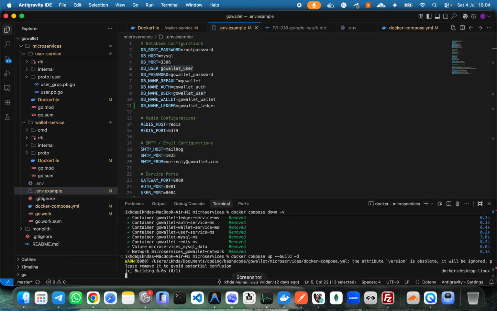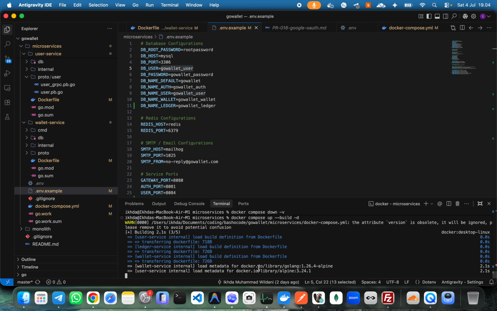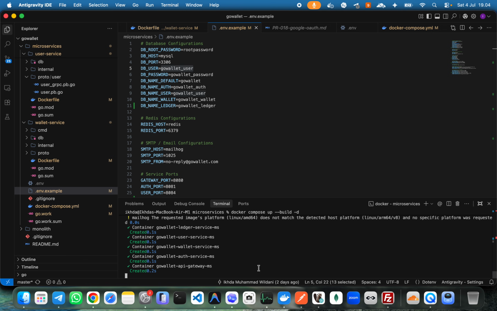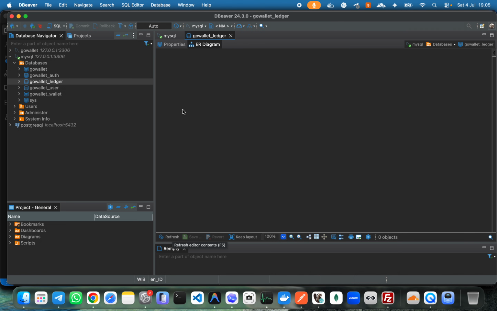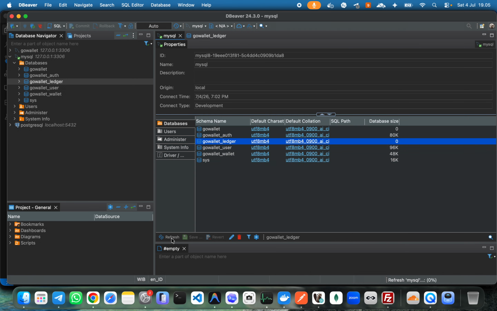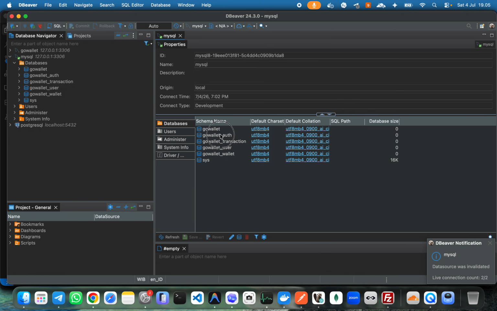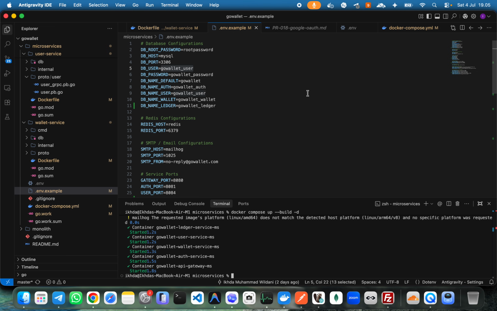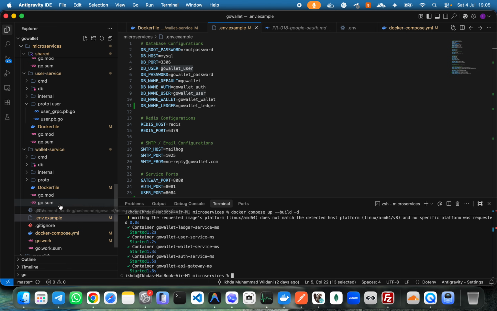recreated, and we should add a new table, add a new table with the migration. So I think now we have here, if I refresh, wallet, auth, transaction, user wallet. Sorry, what I did is wrong, I think, because in the db init